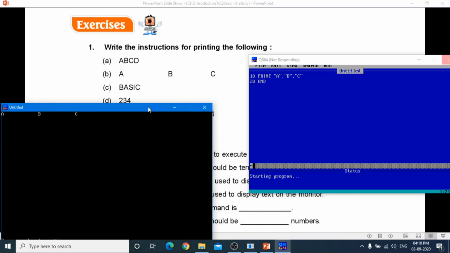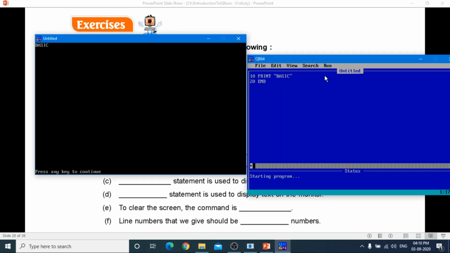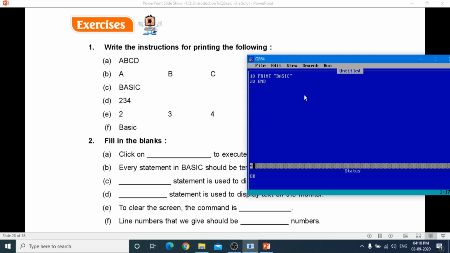Okay, got it? Now third one is basic. So simple one, you have to write basic. So BASIC, basic, and then double quote and C. Start. Got the output? Simple one. जब भी whenever you want simply any text simply, then you have to write that text between double quotes.